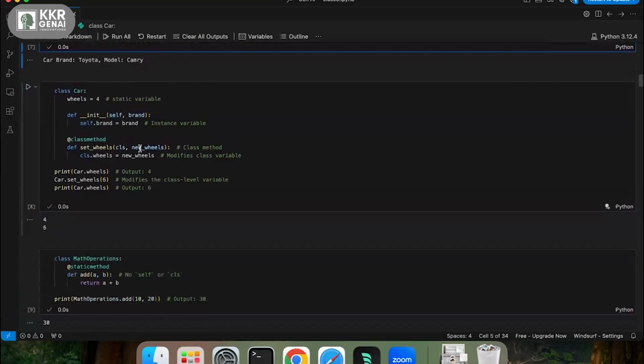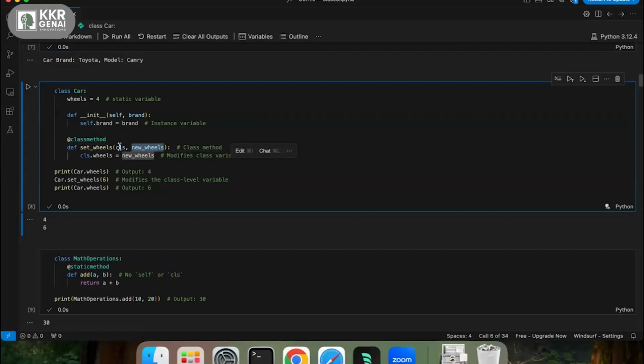And then we have something called a class method. So what are class methods? A class method can be created with a decorator, the @classmethod decorator here. We will talk about decorators in today's class. Here, set_wheels is a class method. For a class method, I have to pass cls as my class variable, and then I can pass any number of parameters.